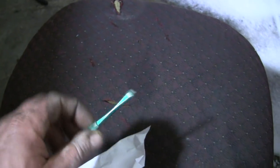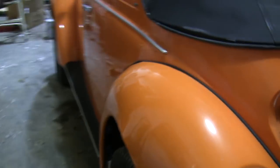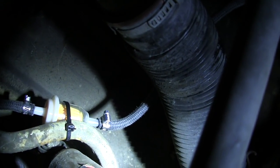Well, I've got my new line in there, fished through. My little screwdriver bit trick worked pretty good. I didn't have to go fishing. And I've got my new fuel filter installed, and I don't really like those screw clamps, but I'd prefer the